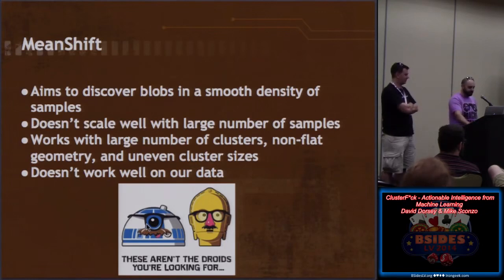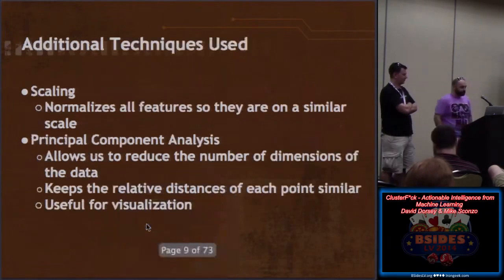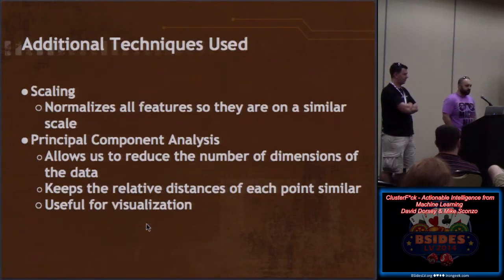Well, we won't bore you with that. So there's a couple other things you can do to your data. And all these have effects on how well, for some definition of well, depending on your use case, these algorithms function. So scaling it normalizes features, so that way you're not dealing with one feature that's 0 to 1, and then another one that's 0 to 5,000, or maybe 10 to 1,000,000.